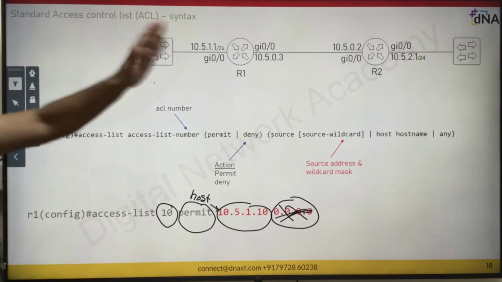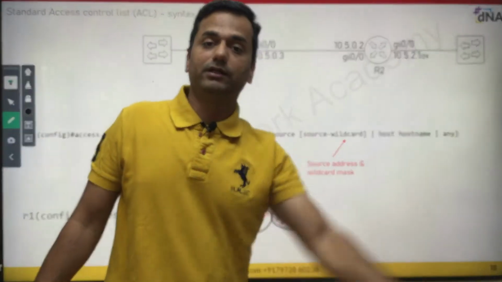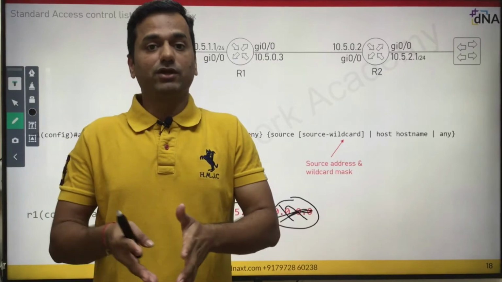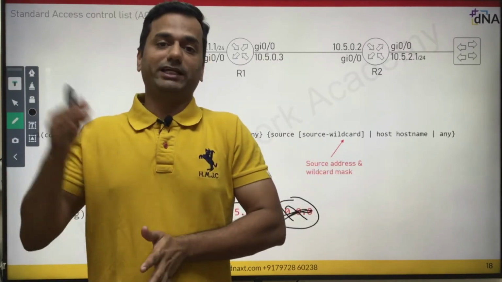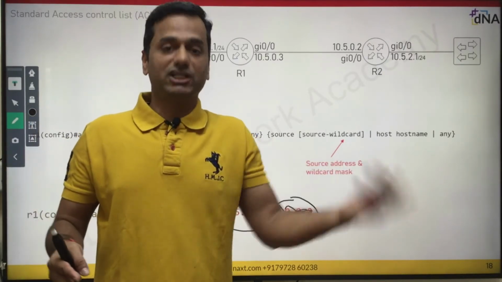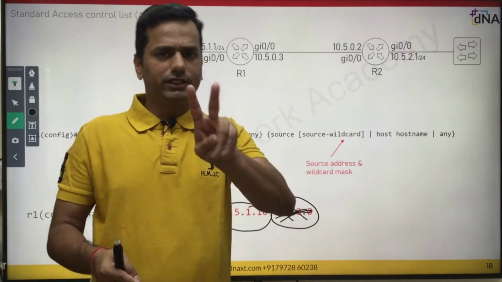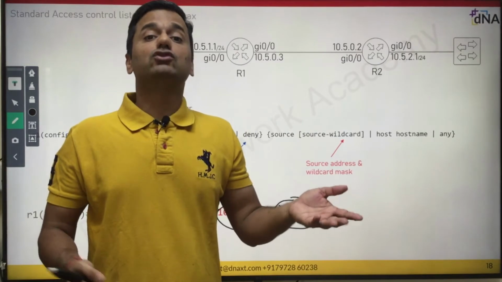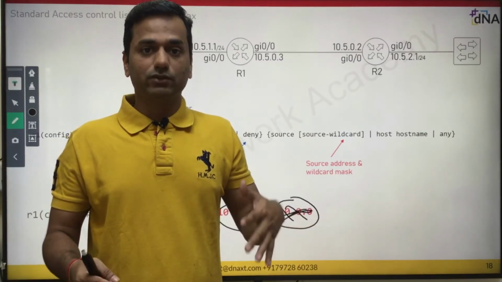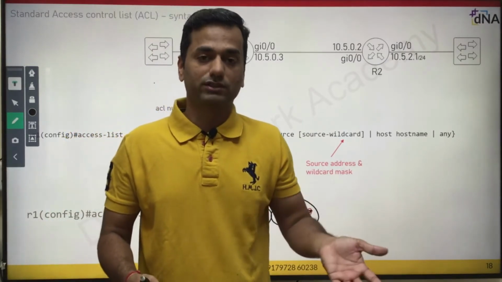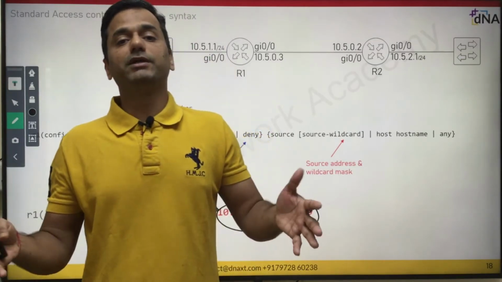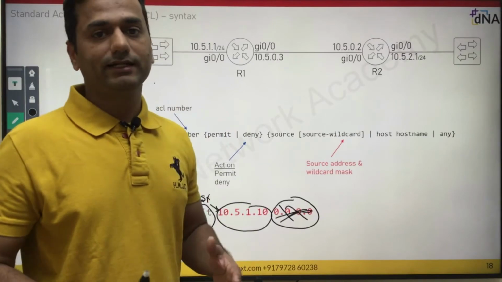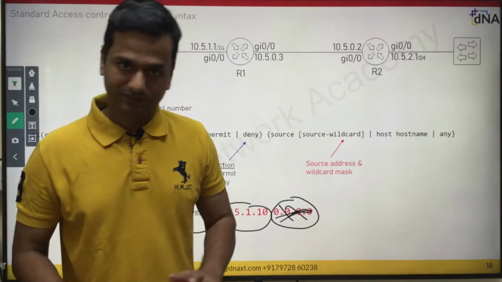Clear? So what is the syntax of a standard access control list? First, access-list is the command, then the access list number. For standard you can use 1 to 99 or the expanded range. Then the action, permit or deny, only two actions you can set here. Next is the source IP address, which you can define as a single IP address through the host keyword or define your subnet through the wildcard bits. Clear? So let's move on to the extended access control list syntax, right?